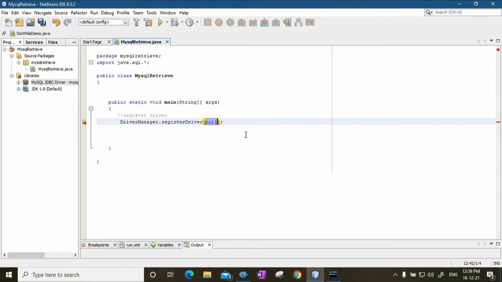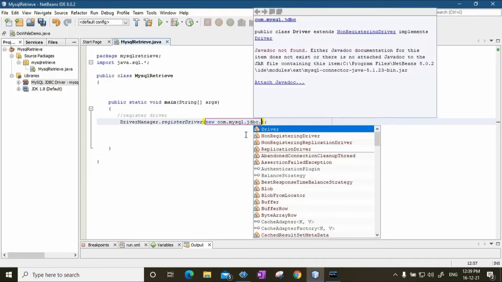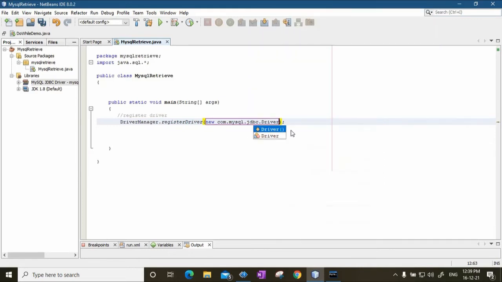I'll say DriverManager.registerDriver, and here you're going to write the full path of your driver. So I'll say new, and what driver is it? It's a MySQL driver. So I'll say new com.mysql.jdbc.Driver. Driver is a class.